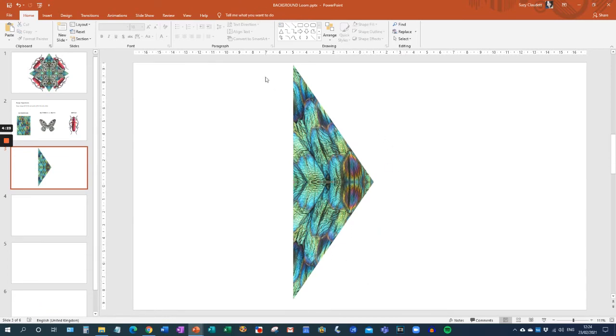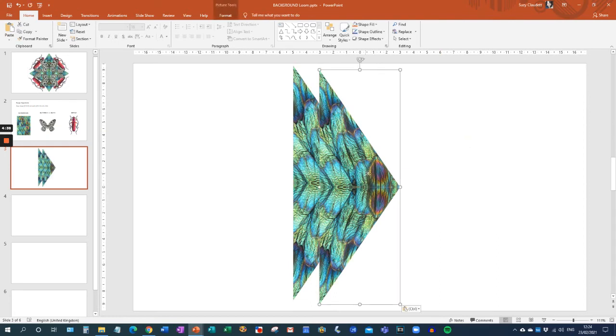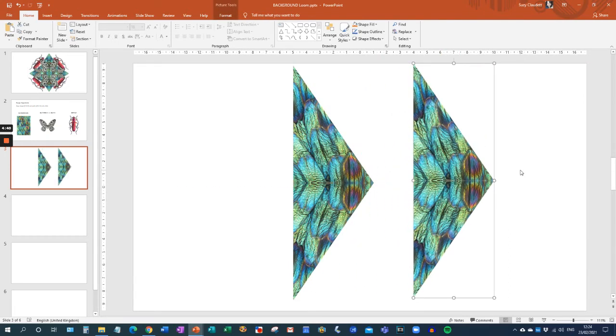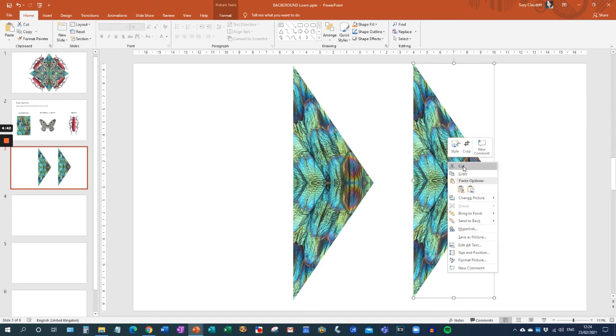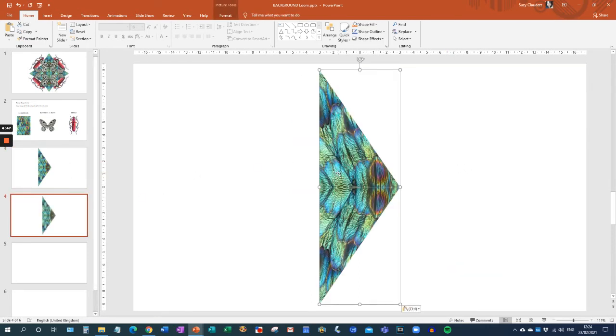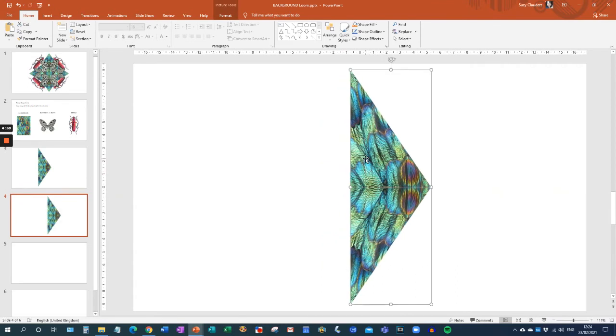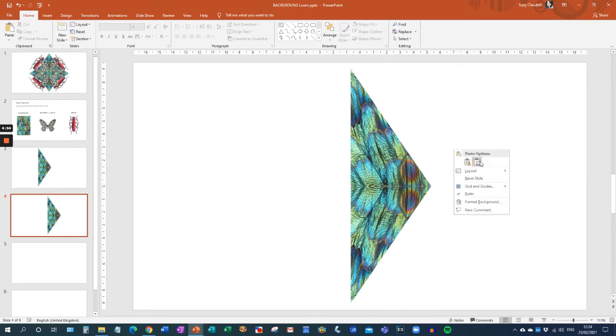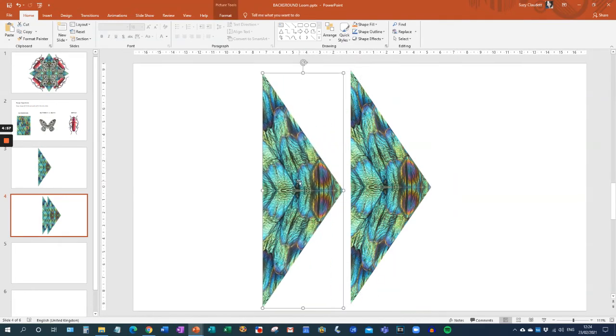Okay, so next we've got 2 pieces of images here together, and I want to unify them so that they become one. So what I can do is go to select button, select all, and that clicks both, and I can go Control C to copy on my keyboard, and then I can paste it as a complete image there. Okay, I'm going to take that, I'm going to cut it, I'm going to pop it into my next slide, because the next thing that I can do is copy it again, copy, paste,